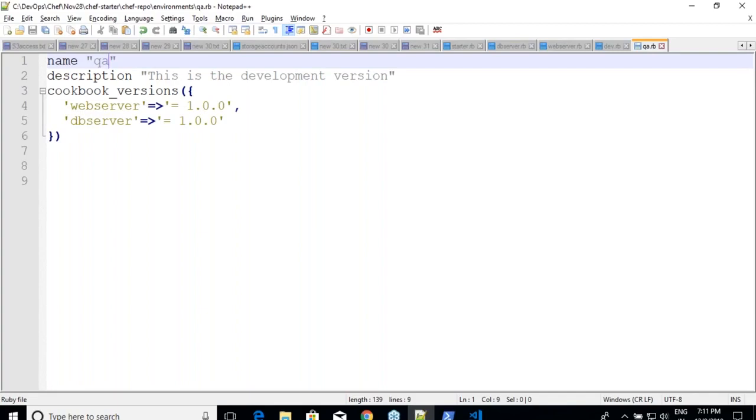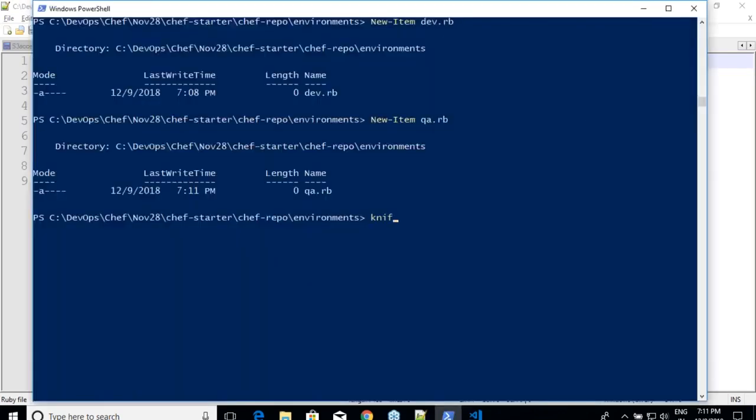You can change it in the UI, but we have written a file, right? For uploading the role, what was my command? Knife role from file. Here I will be using a command which is knife environment from file. That's it. If you want, you can Google knife environment hyphen help and you will find the command line. So knife environment from file.